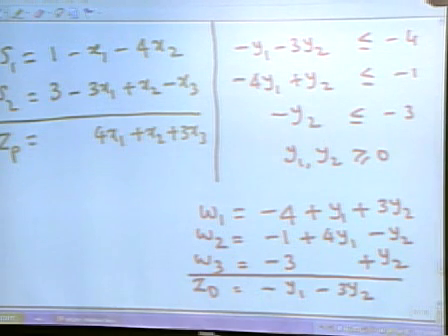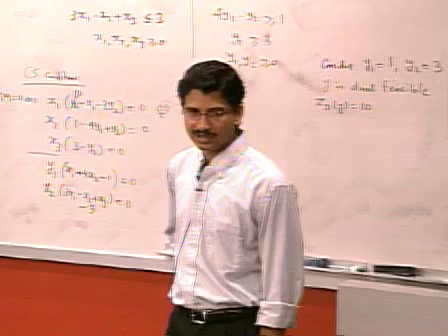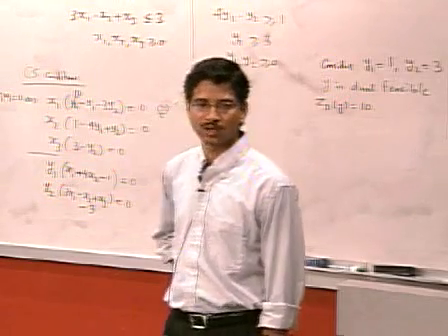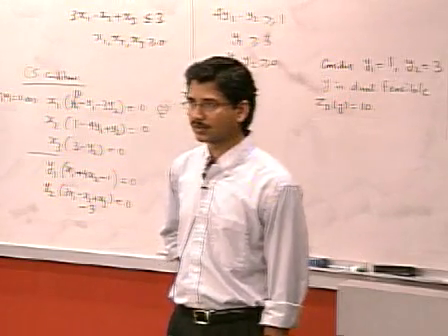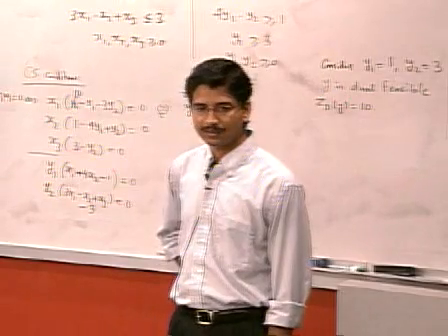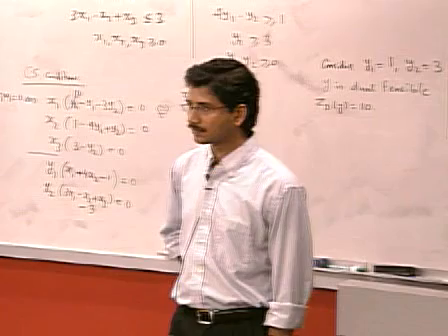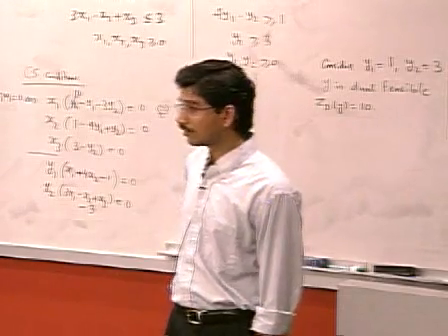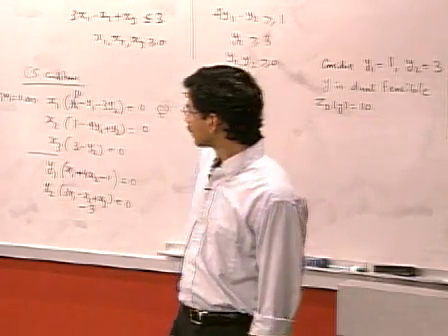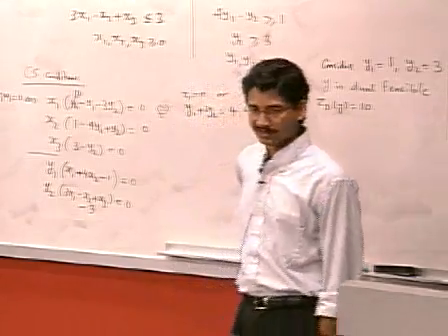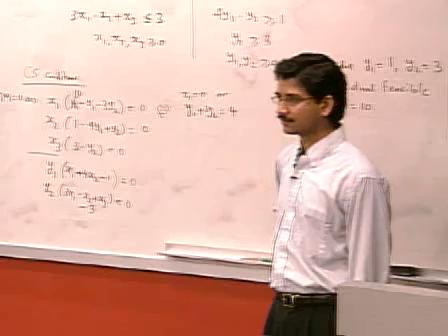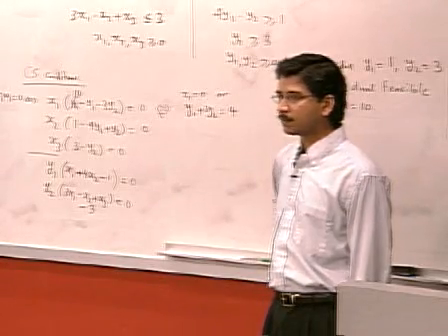For one thing, it's infeasible, right? It says W1 is -4, W2 is -1, and so on. Okay? Does everyone agree that this is infeasible? But what is nice about this dictionary? Suppose